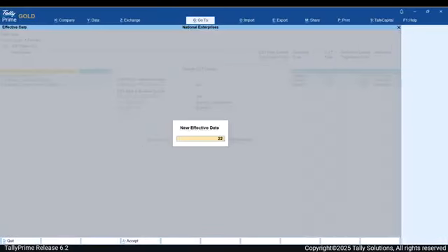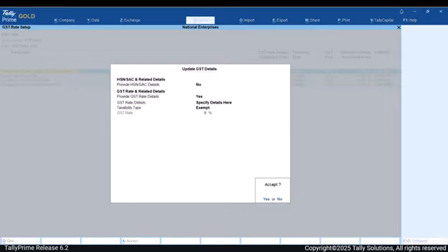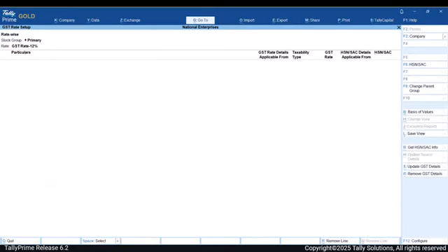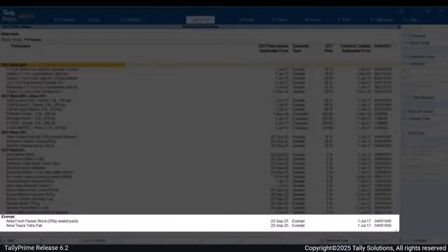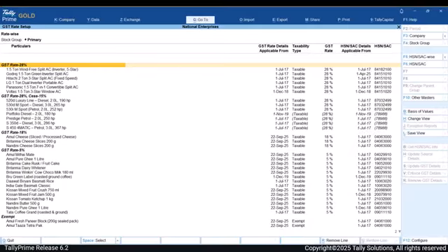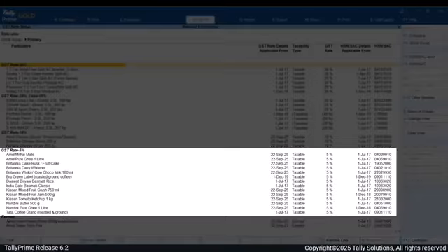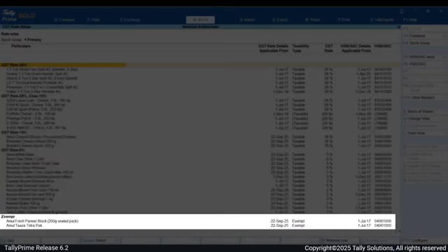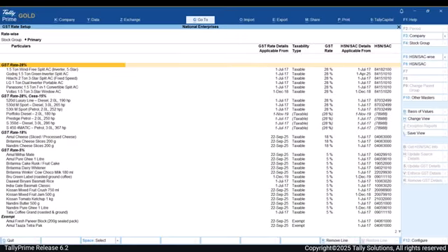Enter the effective date and save the changes. The items are updated and moved to the exempt tax section in the report. Items with 12% tax rate have been moved to new tax rates like 5%, 18% and exempt based on the rate changes from the GST Council.